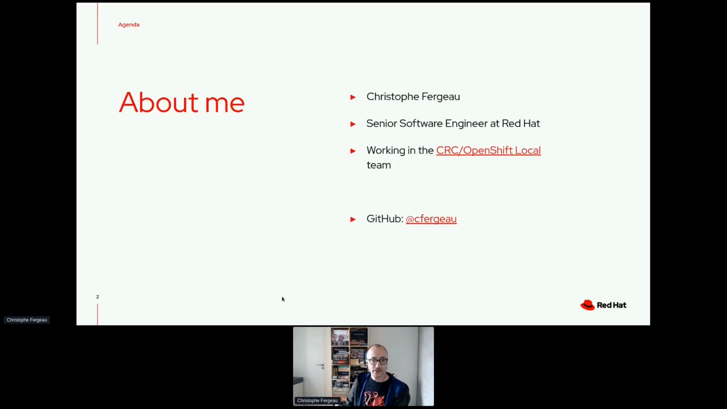So first, a little bit about myself. My name is Christophe Fergeau. I'm a senior software engineer at Red Hat, and I'm working in the CRC team. CRC is also known as OpenShift Local. I will explain a little bit later what this is. I used to be working in the virtualization team on a protocol to remotely show the